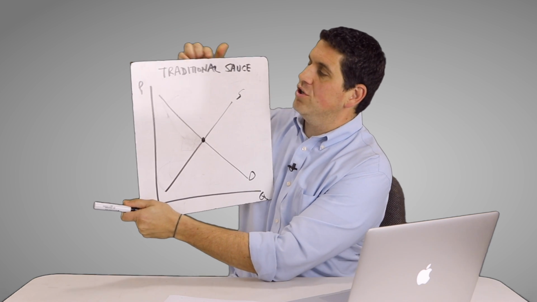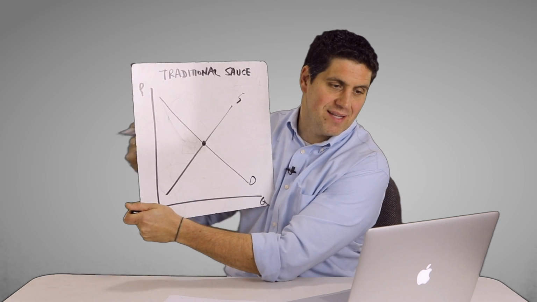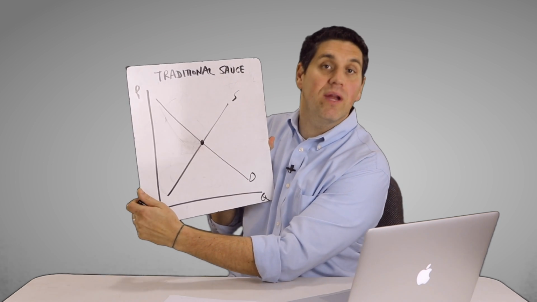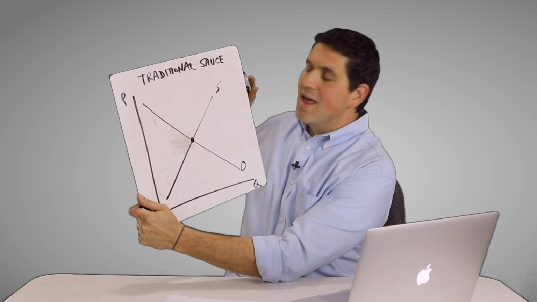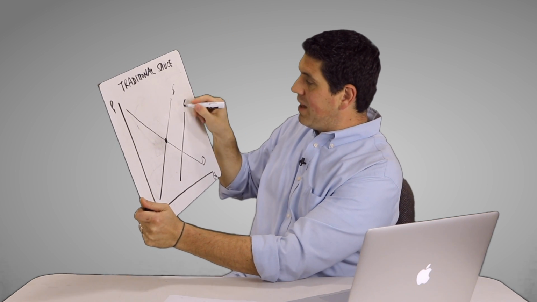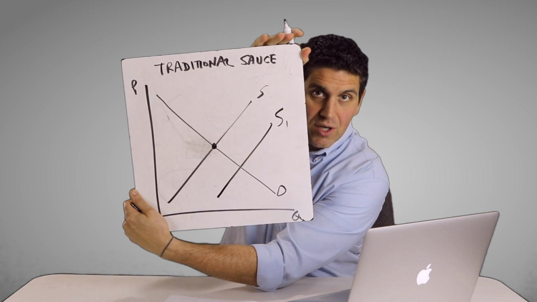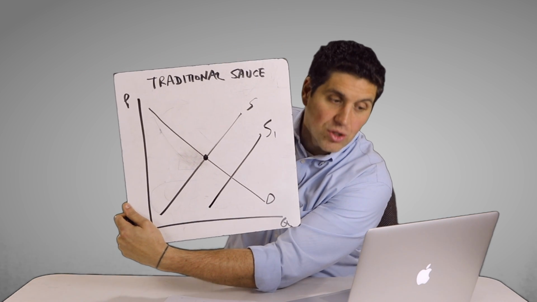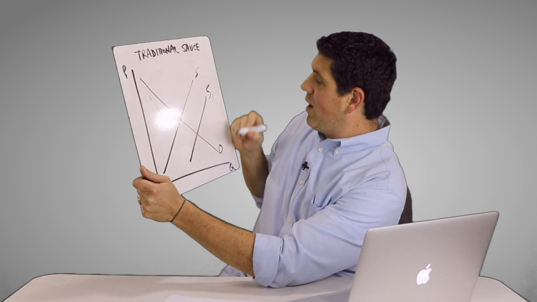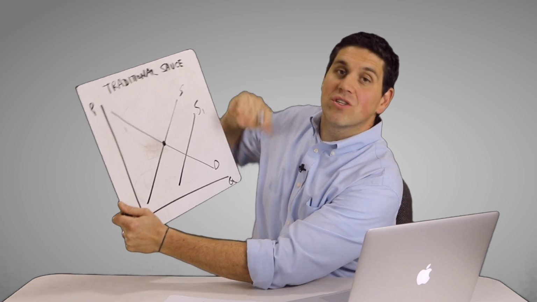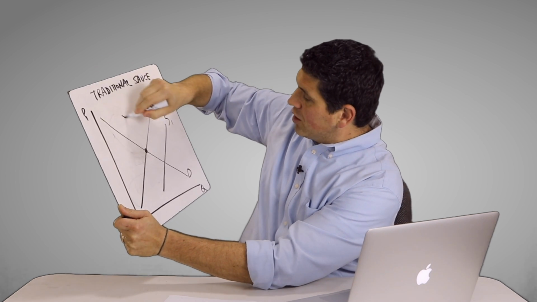Let's use a graph. That's right, here comes the graph. We've got traditional sauce, demand, supply. First part, it says, if the price of tomatoes decreases and you need those tomatoes to produce traditional sauce, that means supply would increase. So supply is going to go up for the traditional sauce, but we're not done yet, because it also says that there's an increase in the price of Alfredo sauce. So increase in the price of Alfredo sauce, which is a substitute,